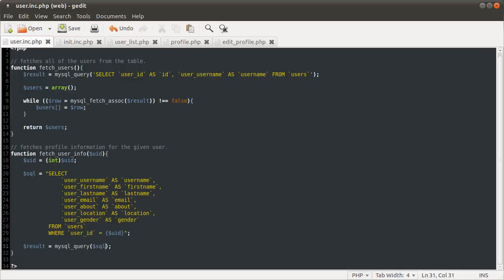So yeah, that's pretty much it. So what we need to do now is actually return the result. What we're going to be returning is the result of mysql_fetch_assoc. Because we're only fetching one row, we can just literally return mysql_fetch_assoc